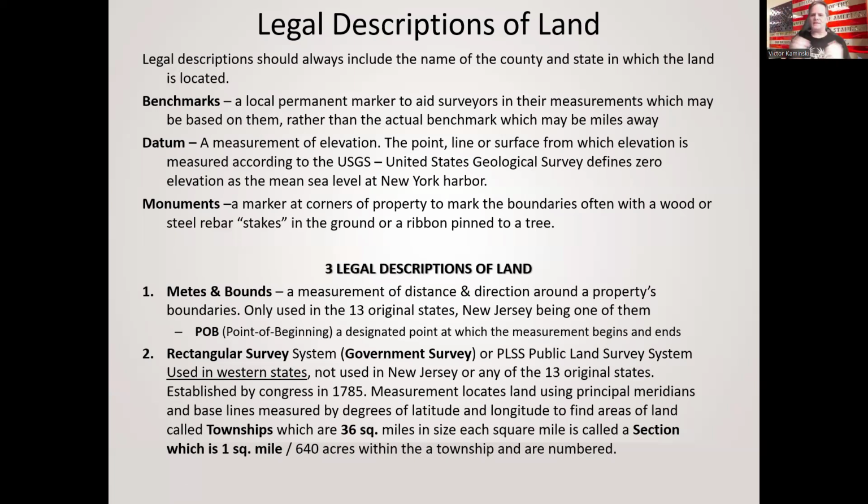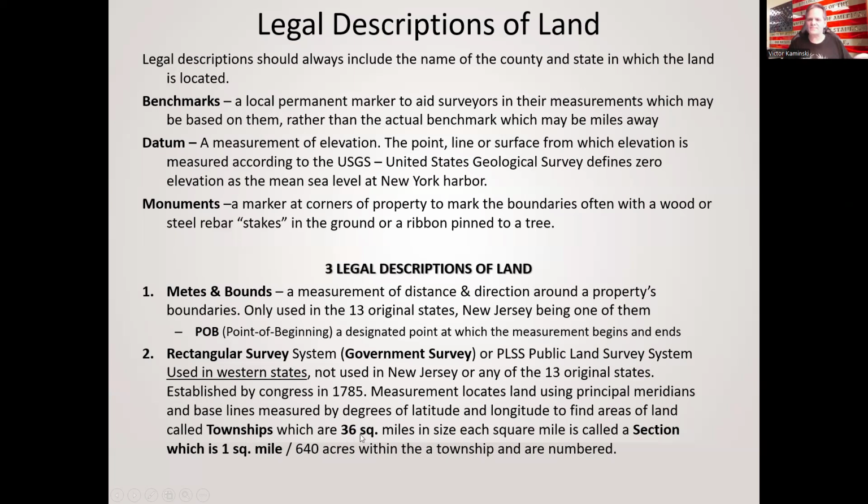Principal meridians and baselines. Remember the globes you had in your classrooms in school? I don't know if we still have them these days. When I grew up, they always had a globe in the classroom, right? Of the planet Earth. And then there were those invisible lines, those principal meridians and baselines, right? Those are the invisible lines that sea captains and airplane pilots use to circumnavigate the planet. So they're also used to measure out areas of land and to locate these areas of land called townships, which